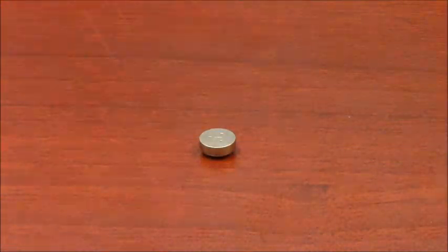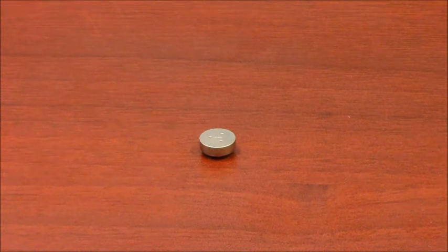So today we're going to review how to change your hearing aid batteries. Once you become familiar with the basic steps, which I'm going to show you today, it's a relatively straightforward process. Okay, now I'm going to review how to change the batteries for your hearing aids, but before that, it's important